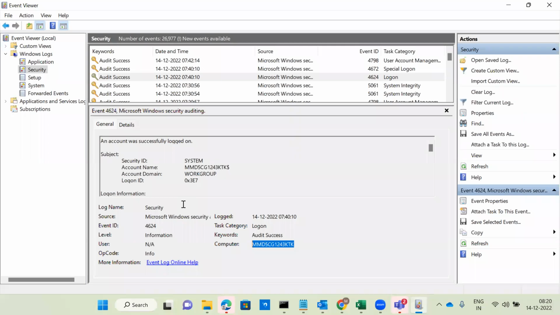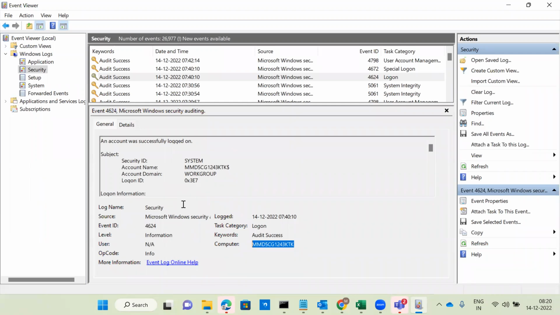Recently, which type of incident investigation have you done in your career? In your entire career, what is the most challenging incident investigation you have done? This is one of the scenarios. We discussed two scenarios. One is the insider threat: whenever the user forgets the password or makes a typing or human error by entering the wrong keys on the laptop, a brute force alert will come. In a similar way, an external attacker is trying to compromise one of the end user systems. That is an external brute force attack.